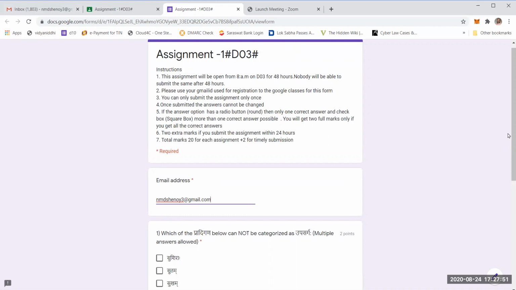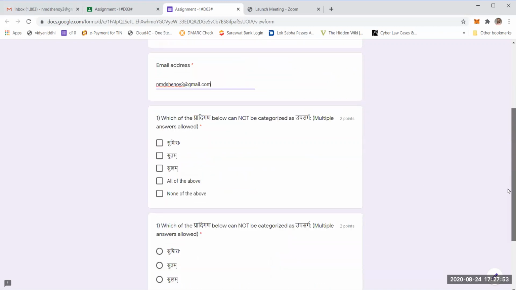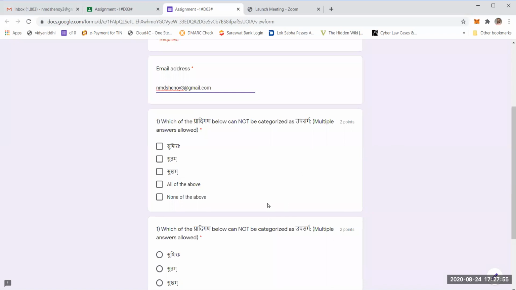Now when you are answering the questions, you will have multiple types of answers. So one type of answer is, you will see a checkbox like this, which means there may be more than one right answer. And each question has got 2 points. As it is an automated process, even if you write one answer correctly, the system will not give you 1 mark.